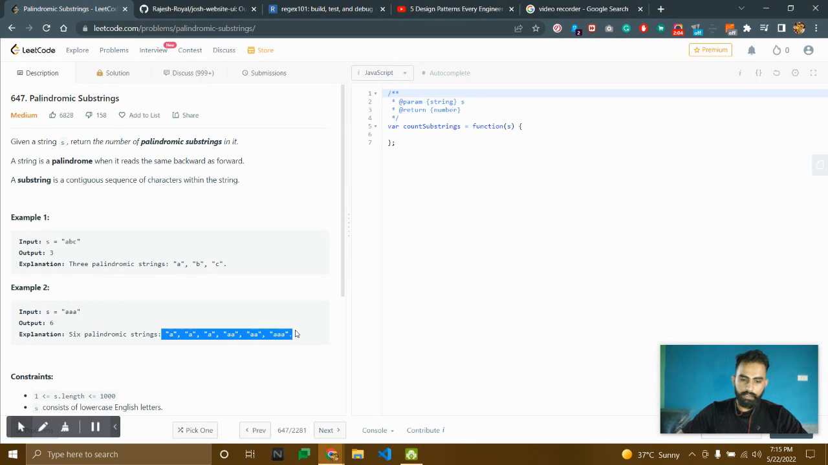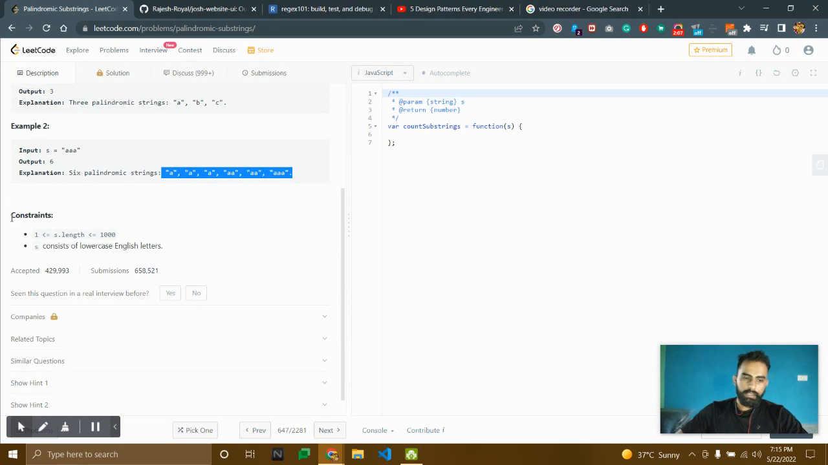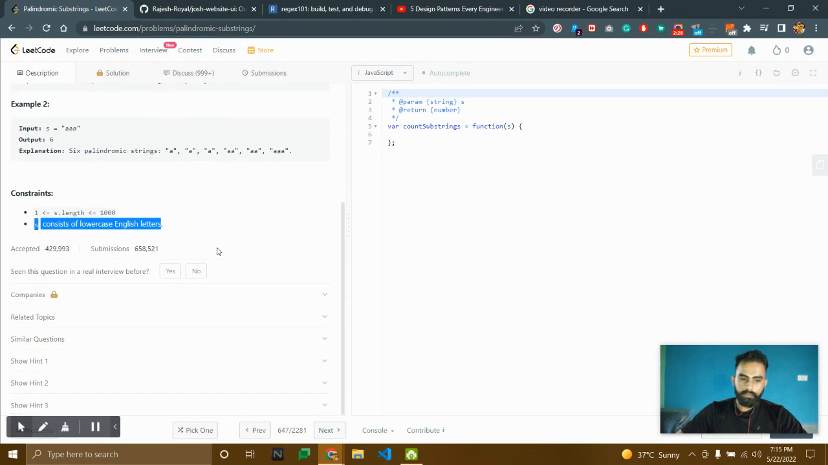As you can see here, the constraints are: the string length will be at least 1 and cannot be greater than 1000. So it will be between 1 and 1000, and the string we receive as input will only have lowercase English letters. So if we see the hints,